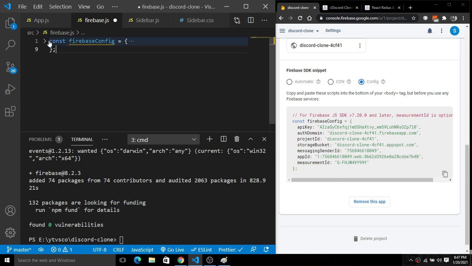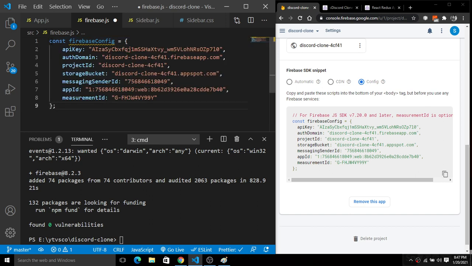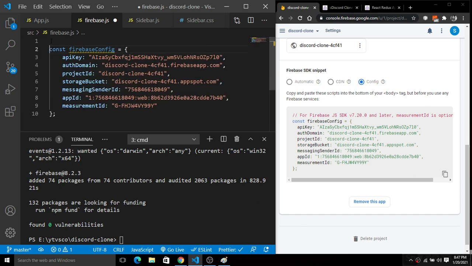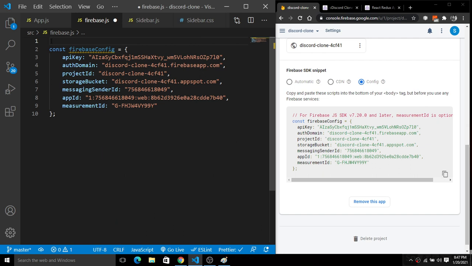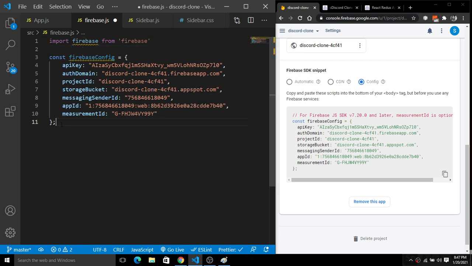Now it's time to import Firebase. Inside of this firebase.js file, I'm going to import Firebase: import firebase from firebase. Fine. Okay. Next, it's time to initialize the Firebase app.